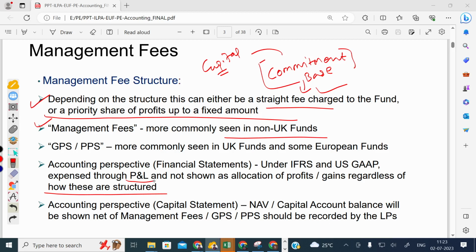Accounting perspective under IFRS and US GAAP: expensed through P&L, not shown as an allocation of profit. Okay, so it means IFRS and US GAAP do not allow the management fees to be allocated. They just update the P&L, the profit and loss account statement. So they directly post the management fees to the P&L instead of allocating to the capitals. Accounting perspective, capital statement,